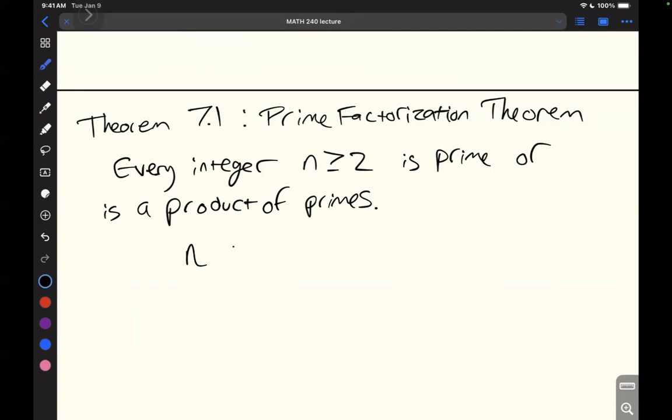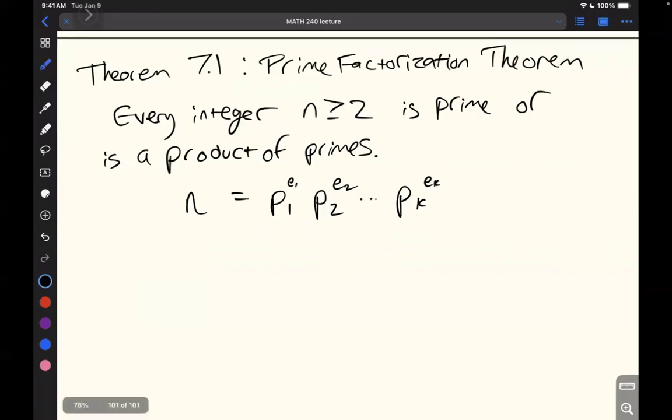So we can say that n is equal to, so this is our equation with lots of letters, but essentially we take the first prime and it's a product of powers of primes, and so we can multiply that by some exponent and the second prime by the second exponent and so on, which is a lot of letters to basically say we decompose the number into its prime factors and multiply them all together. So for example,